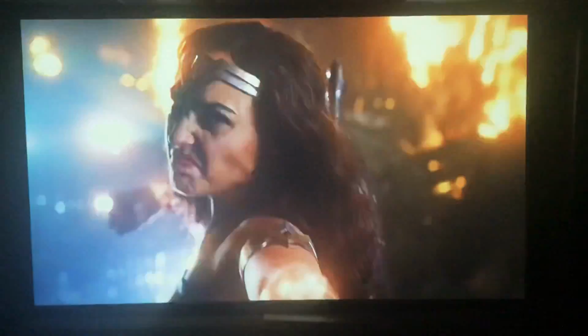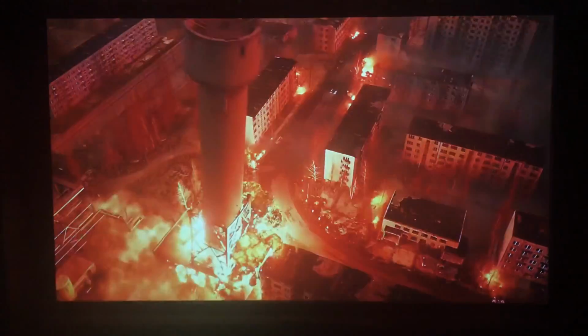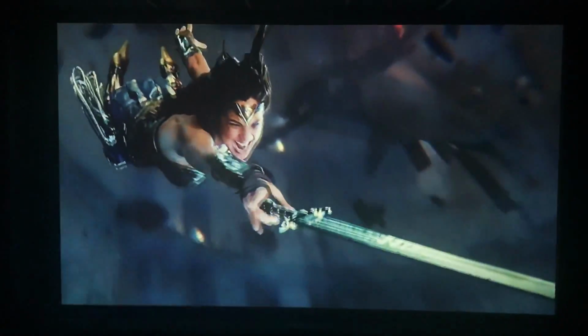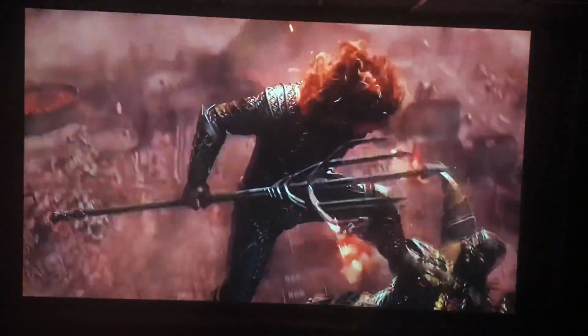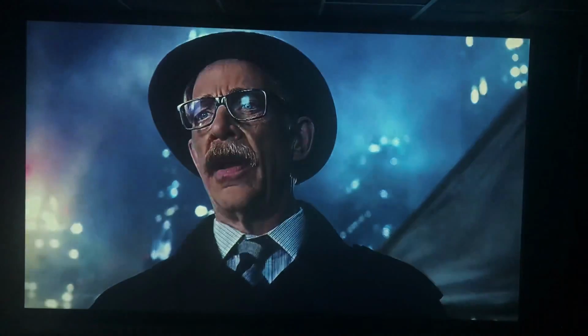Relax, Alfred. I'll take it from here. Do I know you? Superman was a beacon to the world. He didn't just save people. He made them see the best parts of themselves. I don't recognize this world. We don't have to recognize him. We just have to save him. How many of you are there? Not enough. Do you really think that...